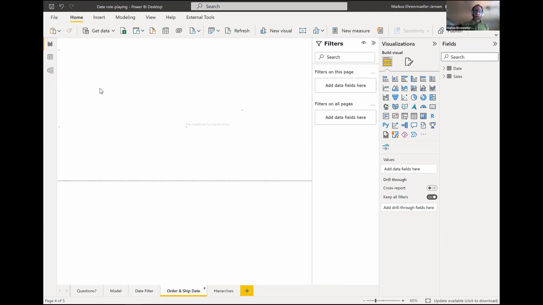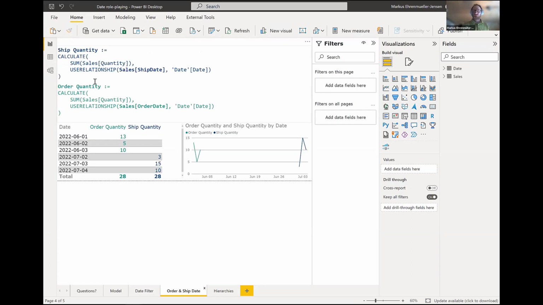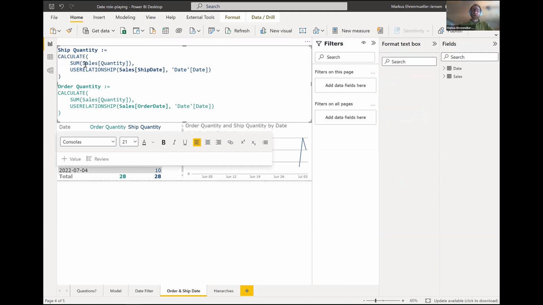And this is where we can use stacks. So I created a measure in here, ship quantity, and I'm not sure if you have ever seen DAX, but this formula is quite intuitive. So we have a sum function here. I'm summing up the quantity from the sales table. So I take all the quantities from the sales table, sum them up, and then I put this inside of the calculate function. The calculate function allows me to have another parameter, the second parameter, and through the second parameter, I can tell Power BI that it should change the behavior of the model, that it should add or remove filters and stuff like that. So calculate is a really, really powerful function here.